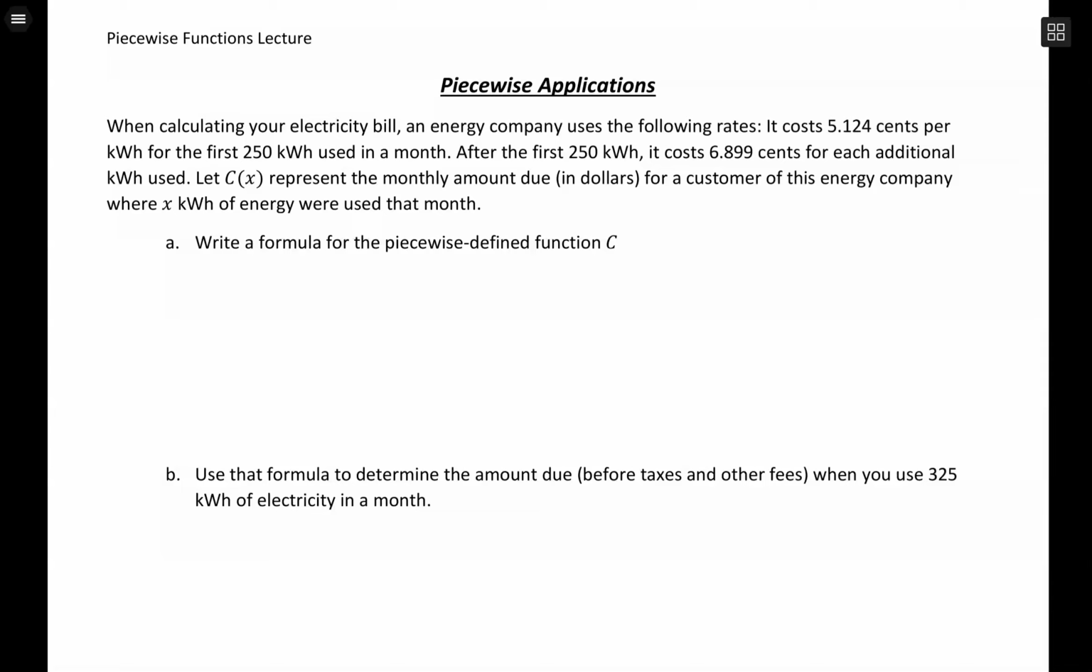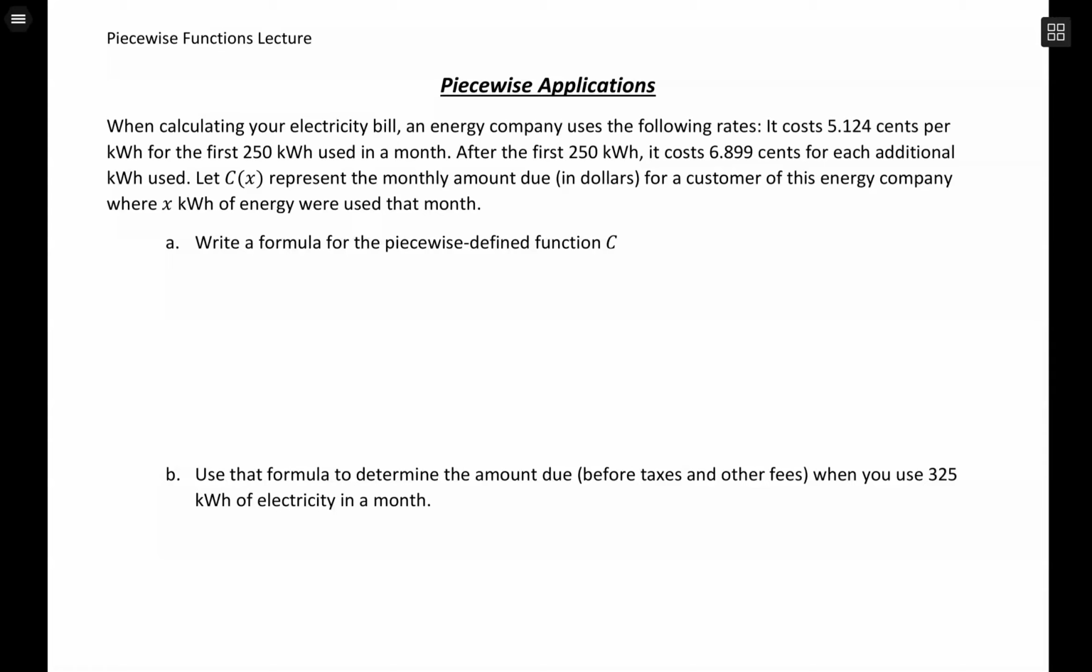So our last piece here is looking at word problems for these piecewise functions. Typically with piecewise functions, what you'll see in the wording of the word problems is that different rules apply for different scenarios. That's where we're going to see these limitations to our domain and then our different ways of calculating things. So here we're looking at our electricity bill from an energy company, and it uses the